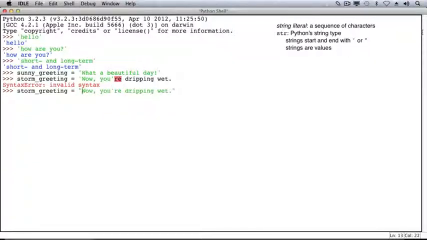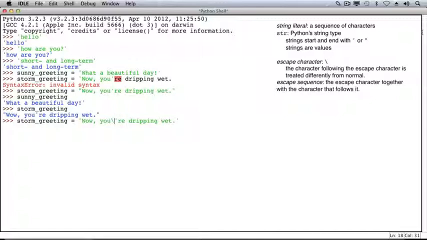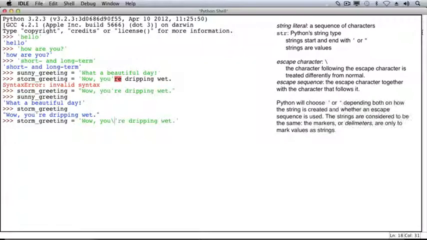Because of this, Python allows you to use double quotes. And now a sunny greeting is that, and a storm greeting is all wet. We have another choice. Instead of using the double quotes on this string, we are allowed to use what's called the escape character, an escape sequence. If we use a backslash, you'll notice first that the string is turned all green, and when I hit return, we're going to see that this string appears, but we're not going to see the backslash. Furthermore, the single quote markers on the beginning and end of the string will be turned into